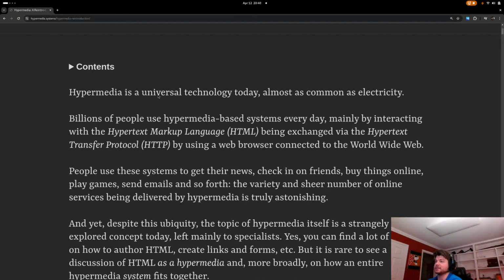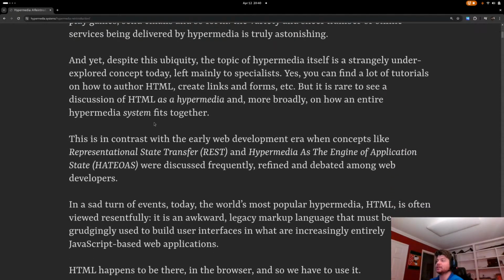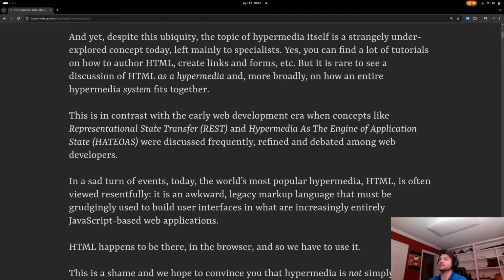People use these systems to get their news, check on their friends, buy things online, play games, send emails, and so forth. The sheer number of online services being delivered by hypermedia is truly astonishing. And yet, despite this ubiquity, the topic of hypermedia itself is a strangely underexplored concept today, left mainly to specialists. Yes, you can find a lot of tutorials on how to author HTML, create links and forms, etc., but it is rare to see a discussion of HTML as a hypermedia